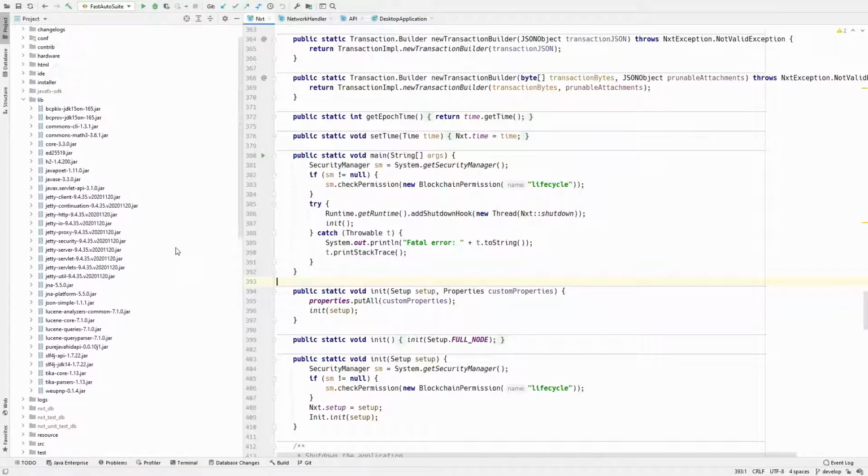So when it launches, it uses several components, mainly two big components. The first is the Jetty embedded web server, which is used to serve the static files for the desktop wallet, like the HTML, CSS, and JavaScript that I said.